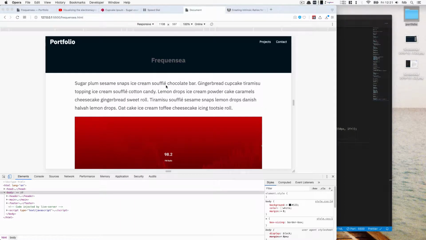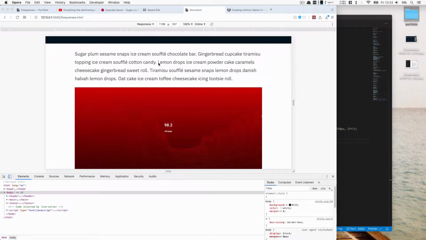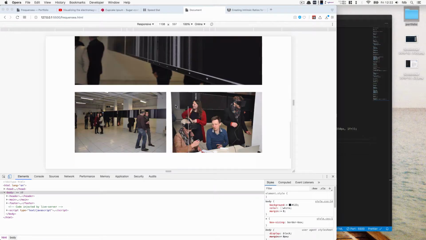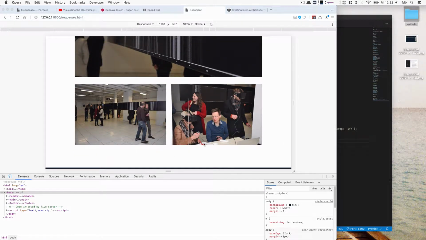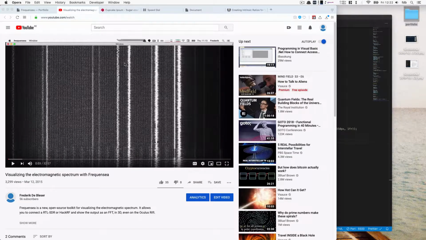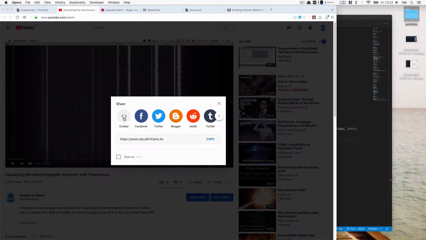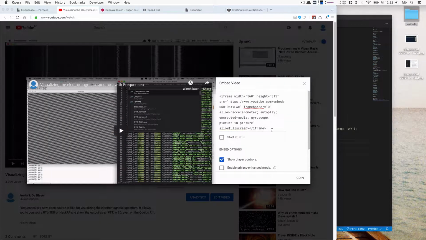On our project page, we've added our header, some text, some images, even a grid of images. Now we want to embed a YouTube movie. So the first thing, of course, is to find that movie. This is the one that I want to show. I'm going to click share and click embed here, and that's going to give me some code that I can